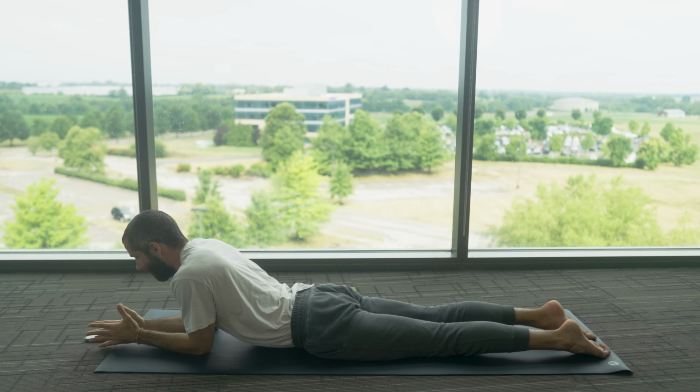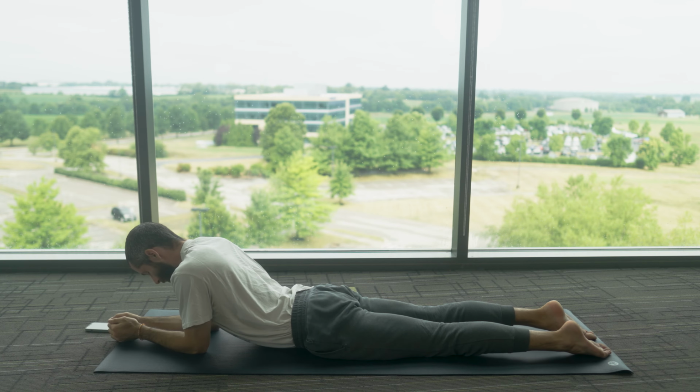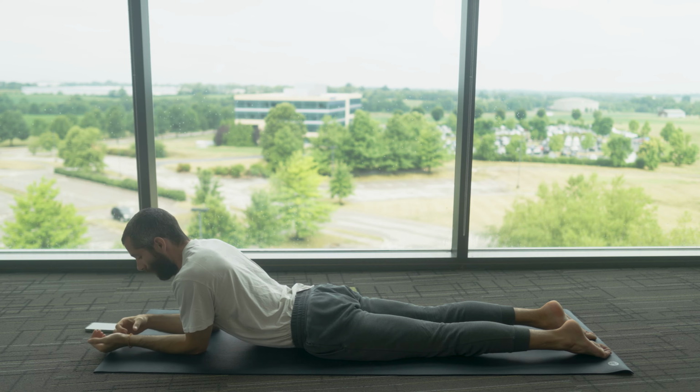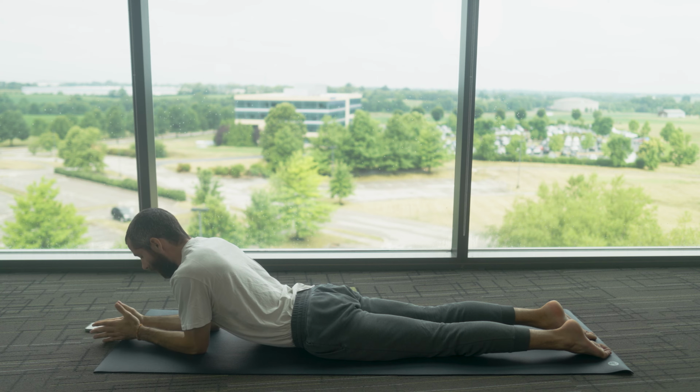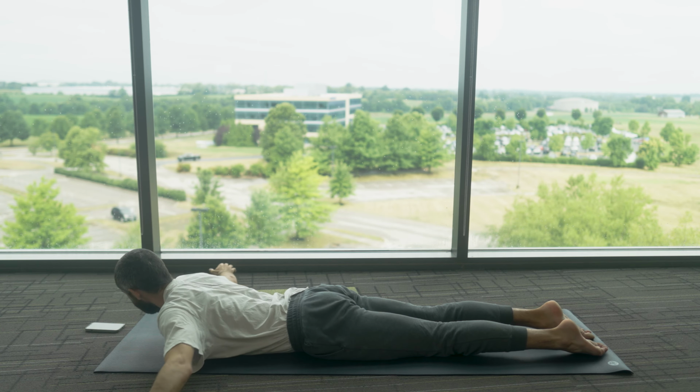Just allow this to be a starting point. Take this as an opportunity here to drop in, to settle into the space. And as you begin to breathe up and down your spine. If you'd like to set an intention, a purpose, or a dedication for the next 30 minutes or so together, feel free to do so now. Cool. And when you are ready, if the arms are not there, let's go ahead and bring them out to